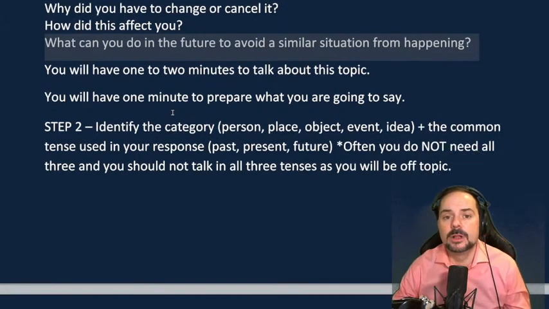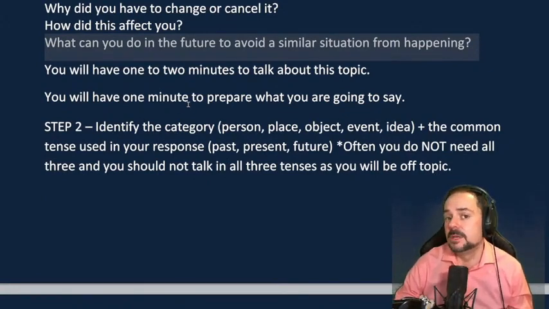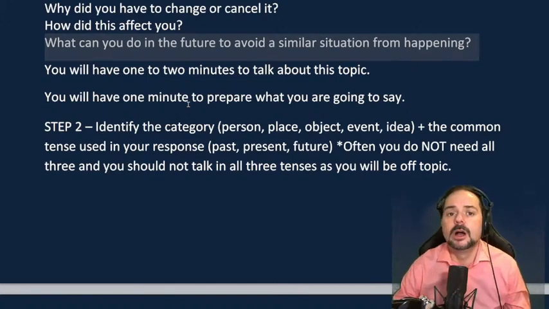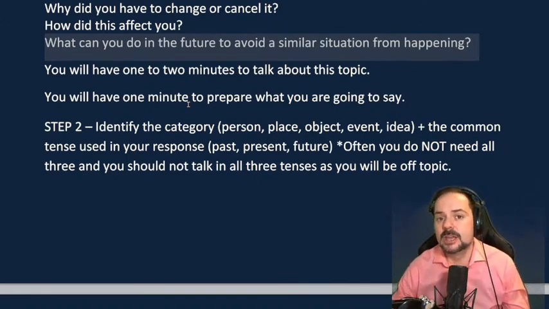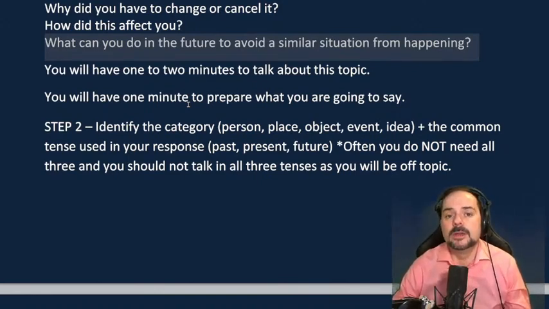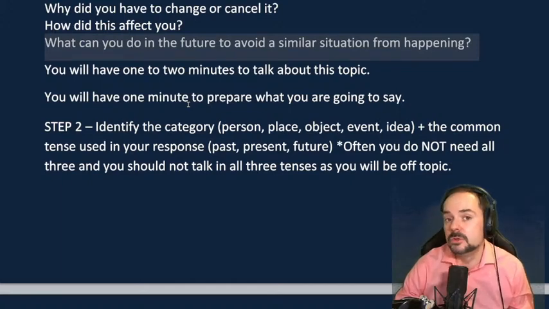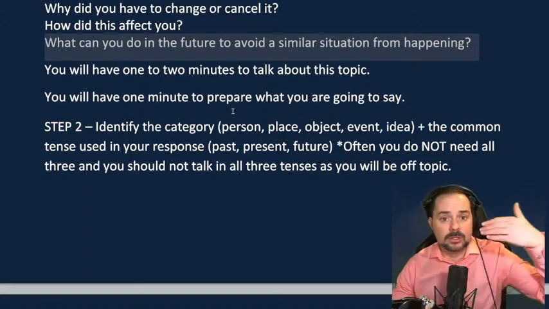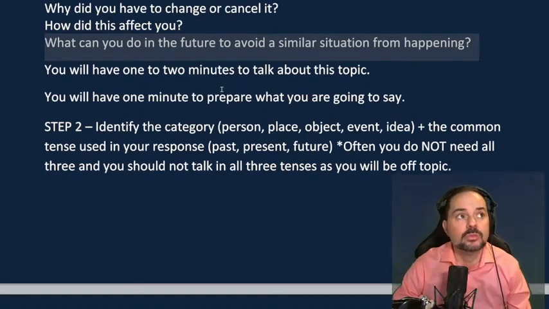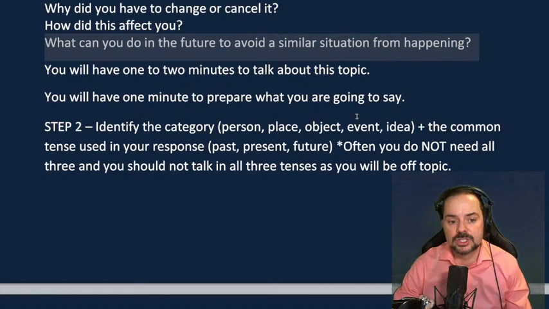So you have to say, well, even in the future, a similar situation would be unavoidable because I have no control over exam cancellations at my school. And of course, I have no control over a pandemic. So the only step in the future is to just find some other activity or some other learning to do in this case. Maybe find a new book that could be interesting to read. And then you've answered that question, but it's really important to answer all of the questions on the card, okay,